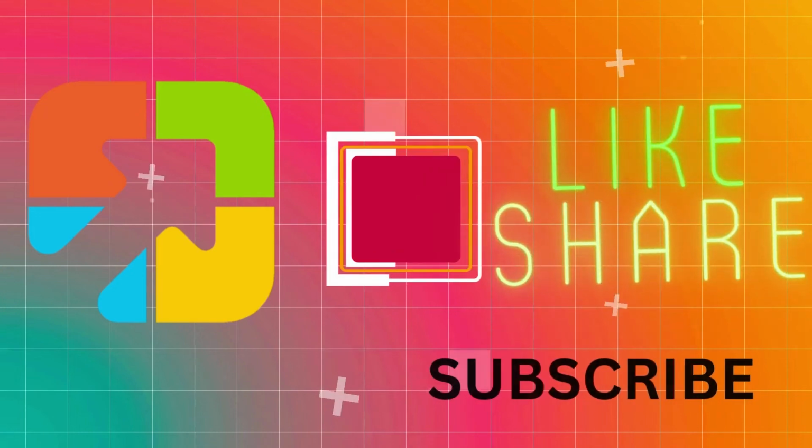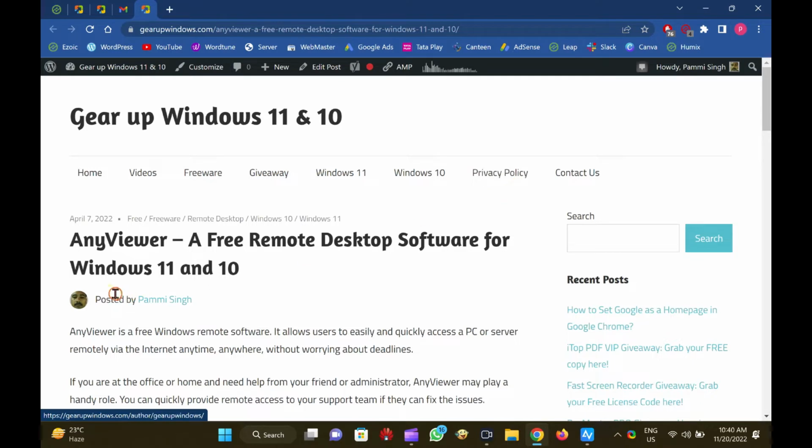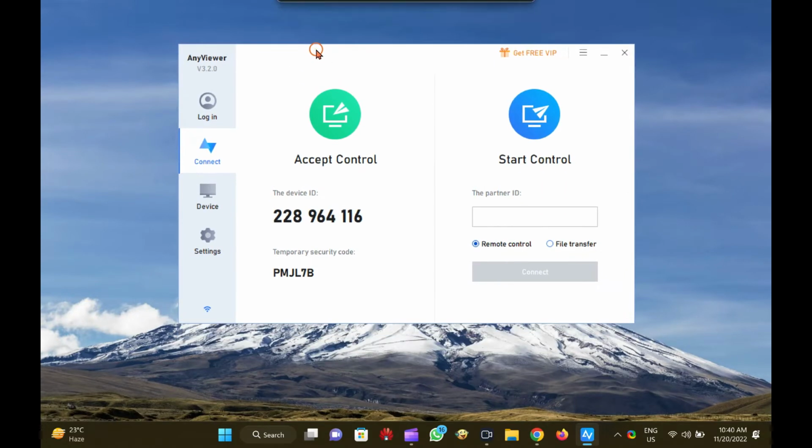Hi everyone. In this video, we will introduce a free remote software that is known as AnyViewer. AnyViewer is a free Windows remote software. It allows users to easily and quickly access a PC or server remotely via the internet anytime, anywhere, without worrying